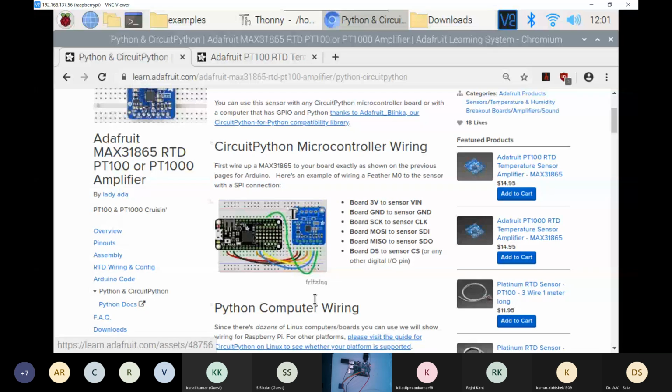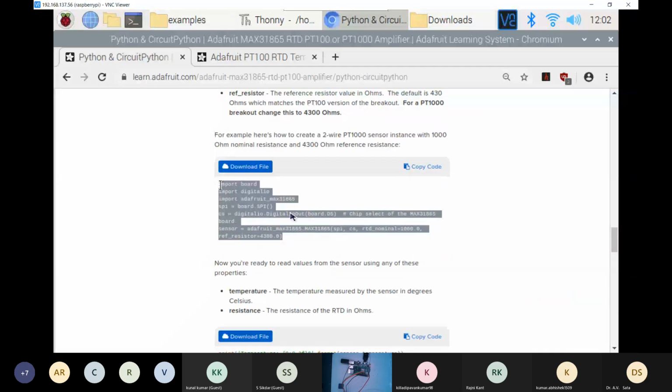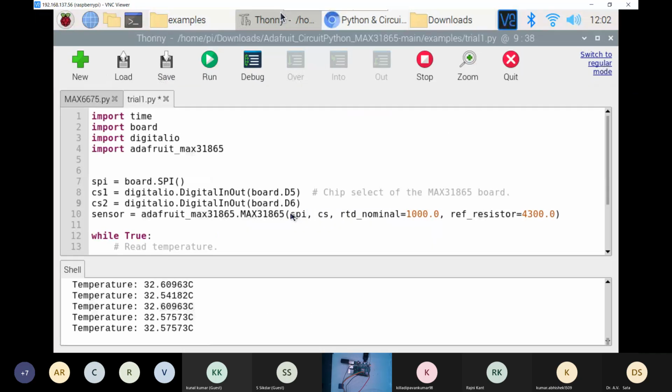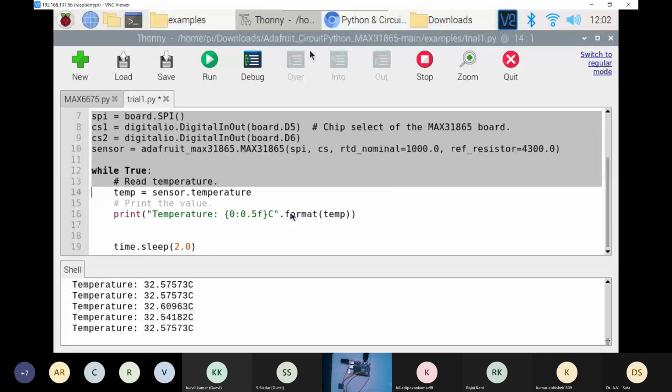I have just defined this import board, digitalio, which is shown over this part. And then we are just printing, which is over there. So basically, I have combined these two codes only.